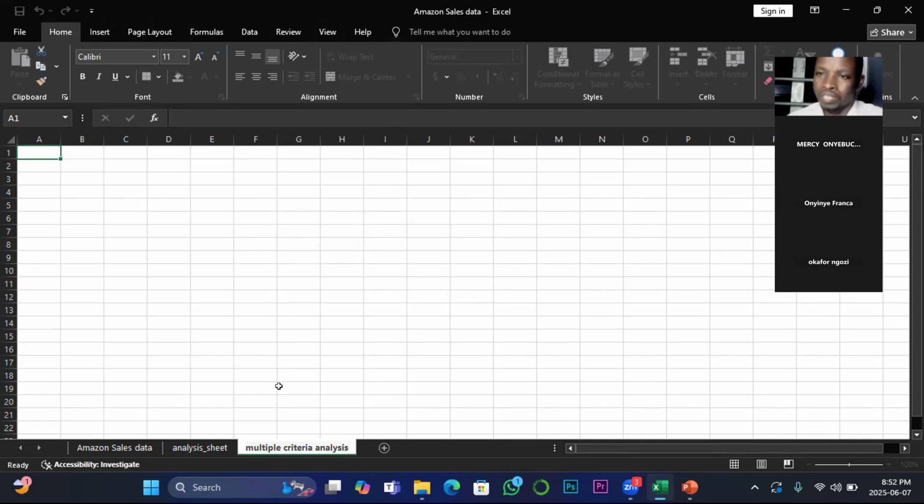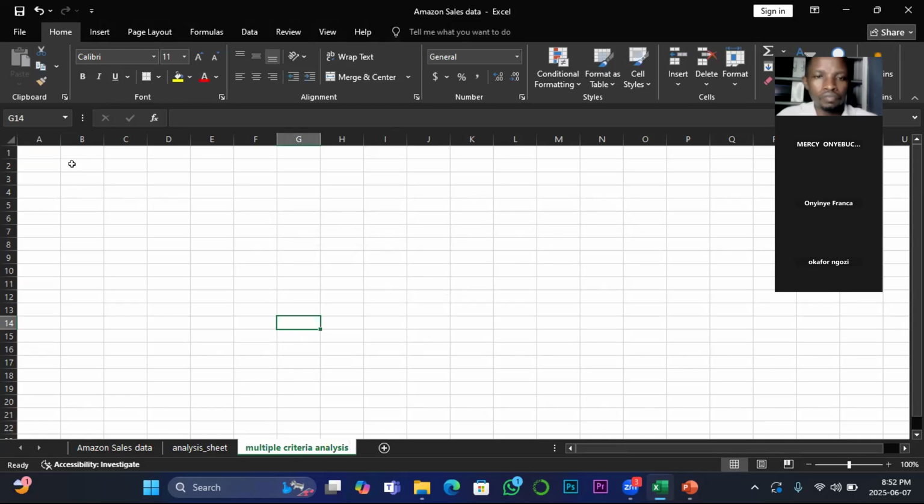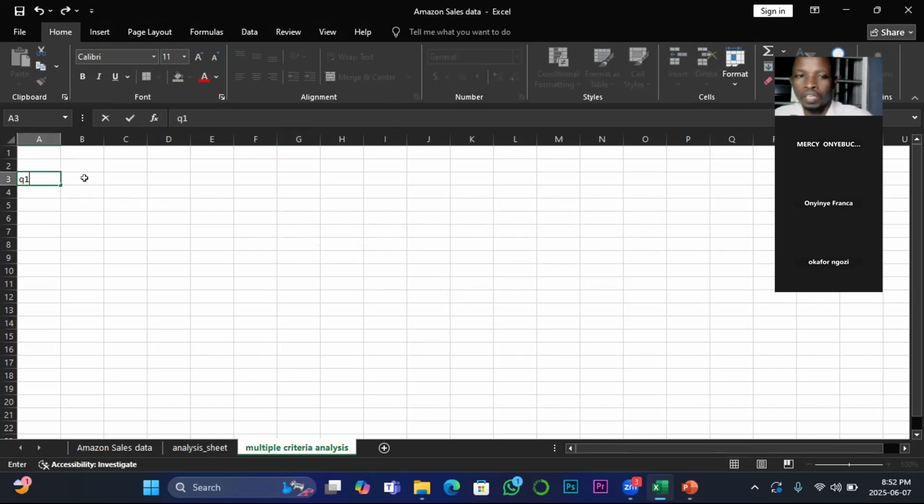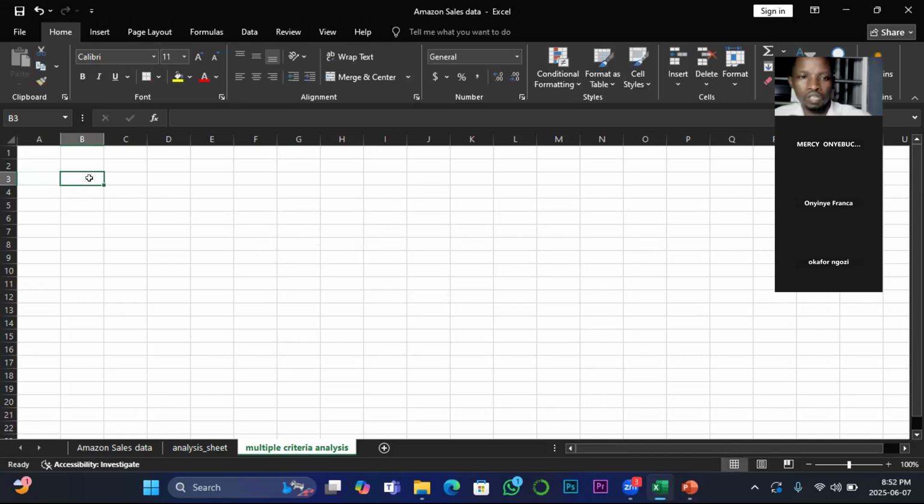At the end of the class, when you are given an assignment, this is how you should always follow it, so that I'll be able to differentiate what you did with the single criteria from the multiple criteria. Since we already know how to design, I don't want to go into that. Let me go straight to answering possible questions we can answer with the SUMIFS. So our Q1, that is our first question, is